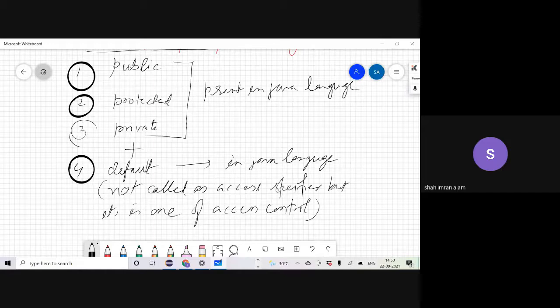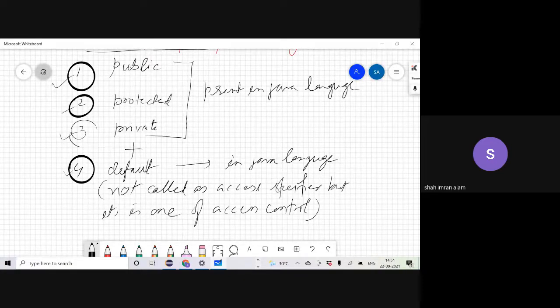So if I say what are the access specifiers in Java, to be very particular, then you will say the same public, protected, and private are the access specifiers as it used to be in the C++ language. But when I ask you what are the access controls in Java, then you will say public, protected, private, and default, और 4 are access controls. ठीक है? अभी difference और detail में भी समझेंगे.